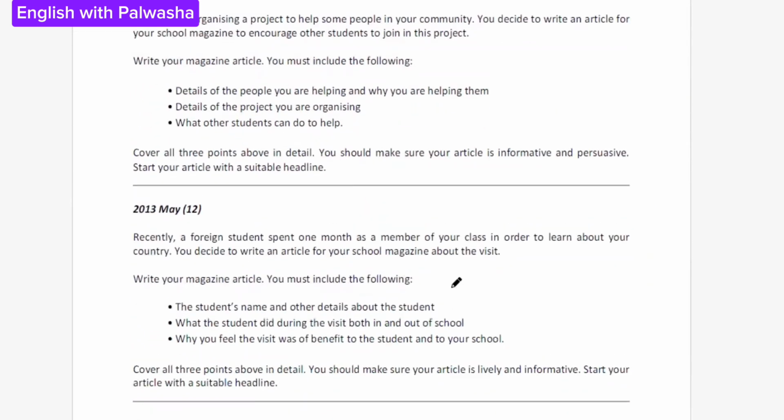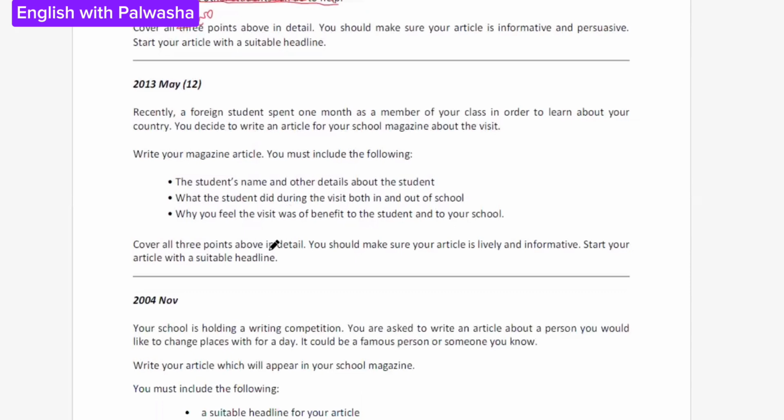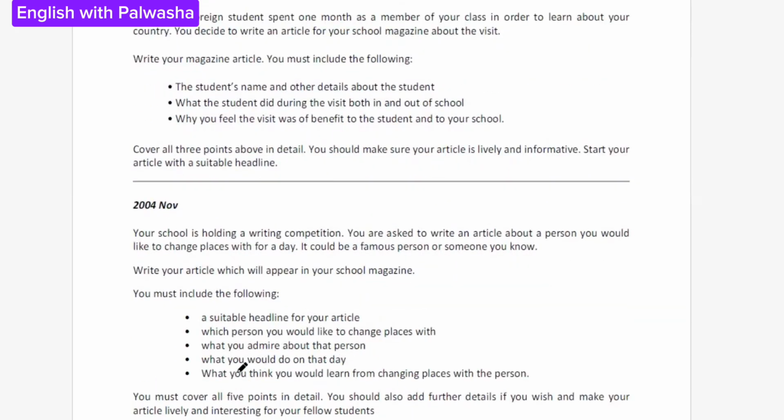Then these are some other questions which I'm attaching with this. You can also keep practicing these questions, but remember that there are only two content points. You have to cover only two content points. So you can see that these are the things which you need to follow, and there are only two content points which you need to work on, and you have to read the question in a proper detailed manner.